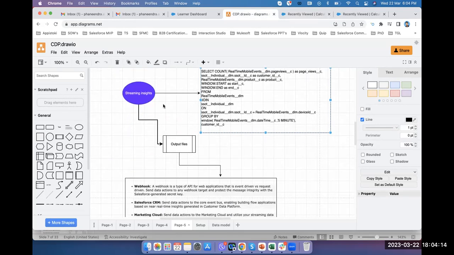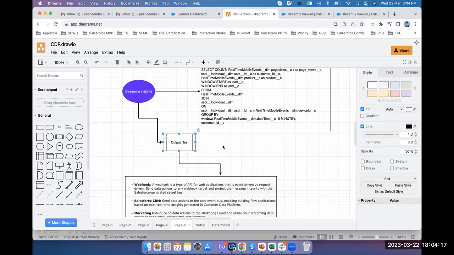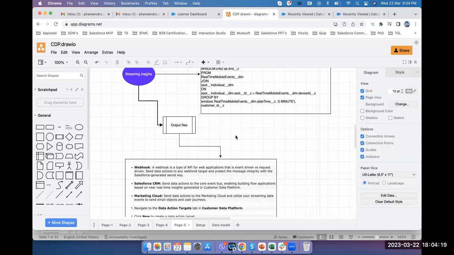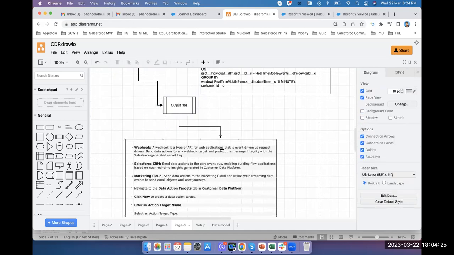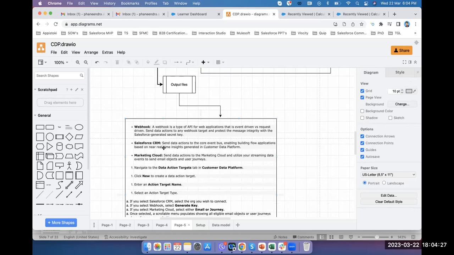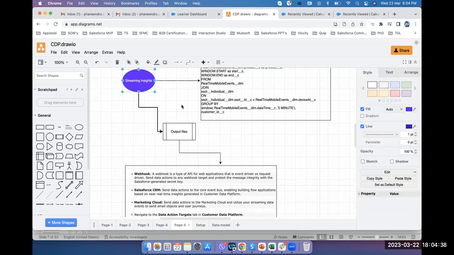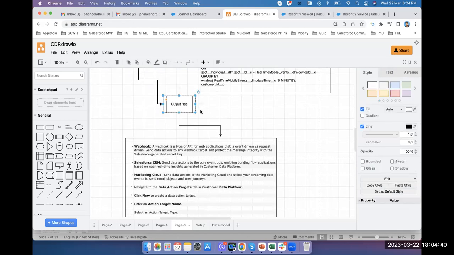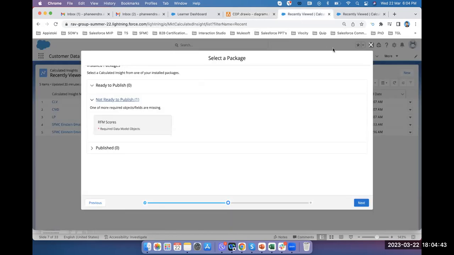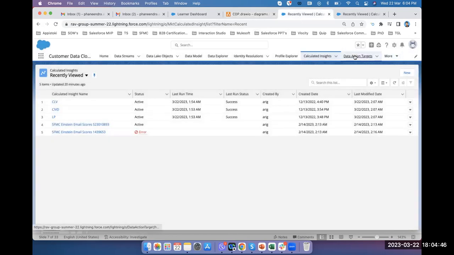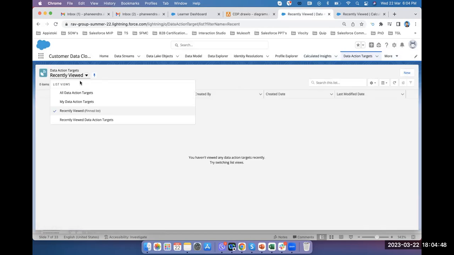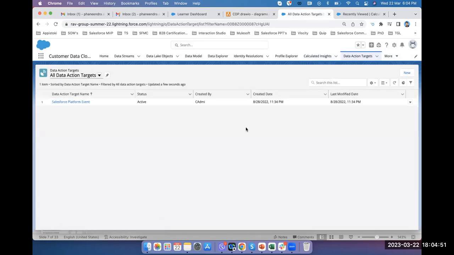So at the same time, in Streaming Insights, we have the output file, which you can leverage to connect these insights with different systems using webhook. Or you could send the data to Salesforce CRM and Marketing Cloud. So with these output files, we can use the Streaming Insights to connect with different source systems, and that can be done through the concept of data action targets. These data action targets are what we can use to send all our calculated insights back